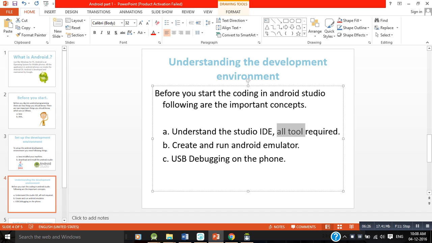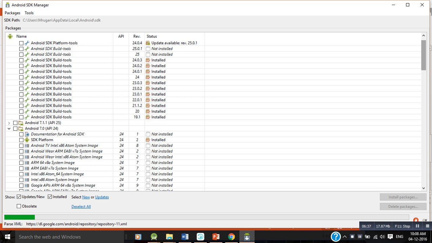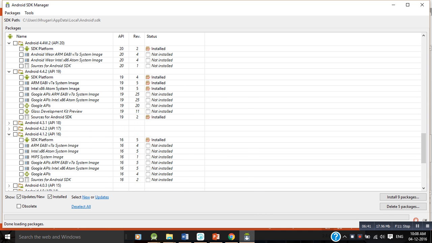So this is the SDK manager. Here you can see the different packages available. These are in increasing order. The previous ones and the latest one are on top, with increasing numbers. So 25 is the latest API available. This is the download manager, where we can download these packages. Okay,